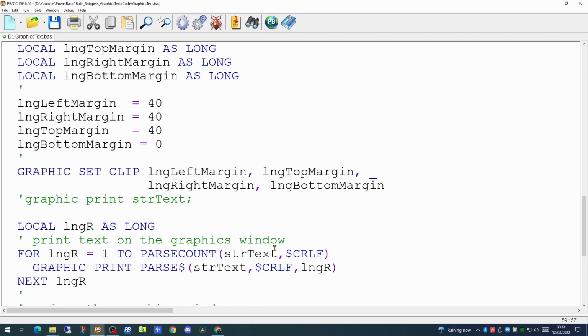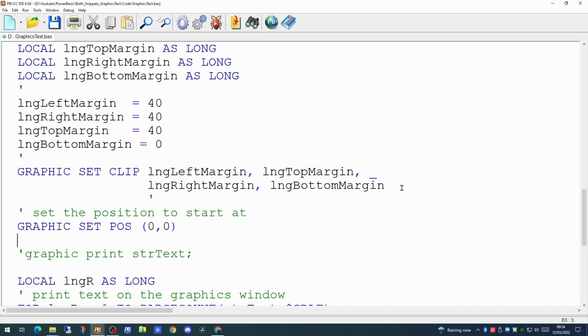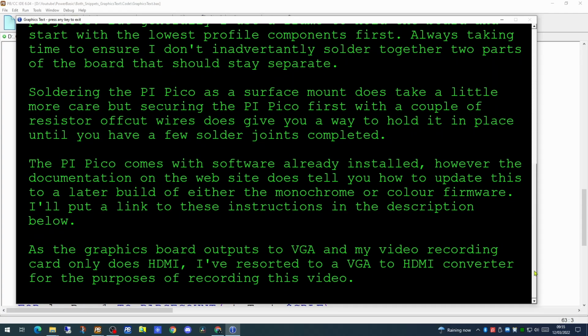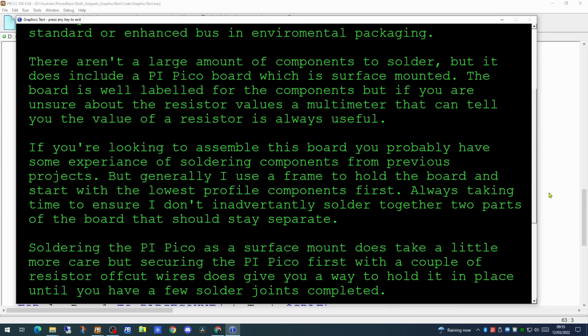It takes 4 parameters, which are the sizes of our 4 margins. Since you could be setting a number of graphics commands to a window to put either images or text on a window, it's always good to set the position before you begin. So the position coordinates always start from the top left hand corner of the graphics window. So when we run the application now, we'll see that we do indeed now have both left, right and top margin set, which makes the text on the screen more presentable and easily readable. And our scroll bar allows us to scroll up and down.